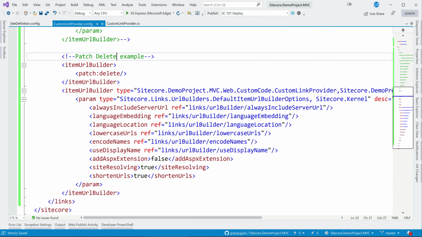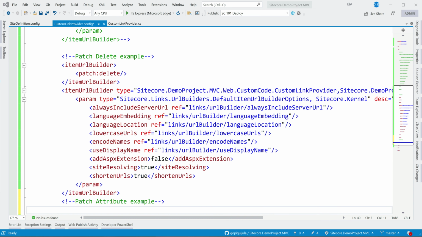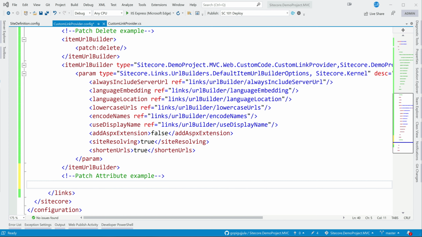And another one is we can do the patch attribute as well. So let me just do this. Patch attribute. In this case, we go to the patch attribute, item URL builder, and the links and all these things is fine.